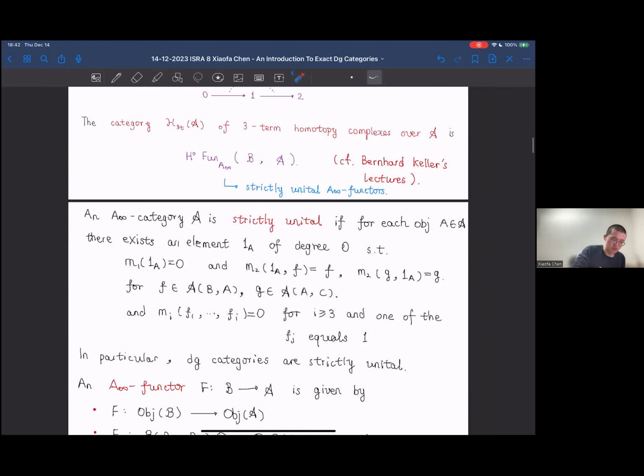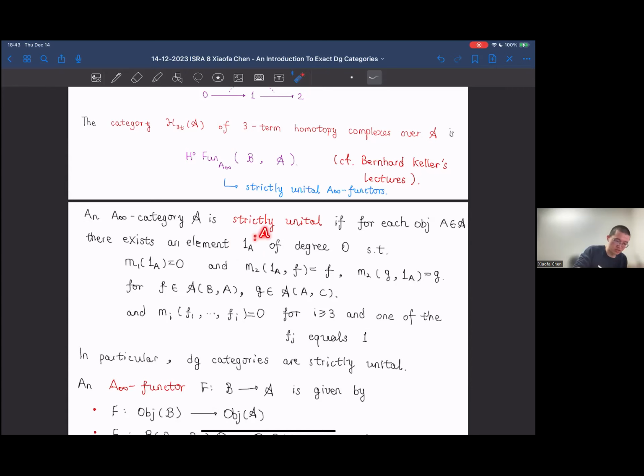So Professor Keller has defined A-infinity functors, but I think he didn't define strictly unitary. So let me give the definition. First, we need our A-infinity category to be strictly unitary. So what's the meaning? For each object A in the A-infinity category, we have an identity map, which